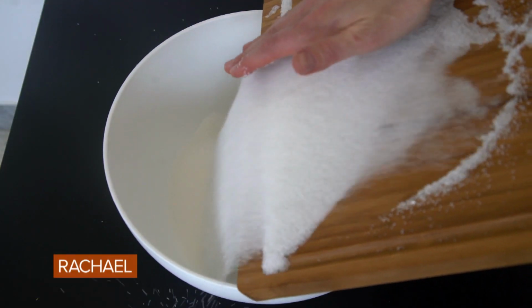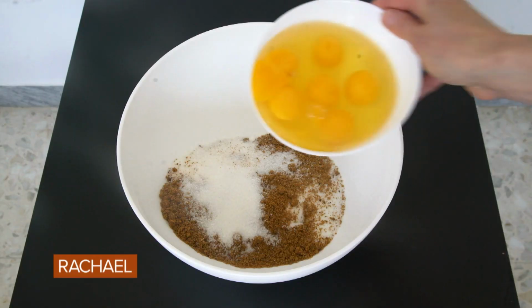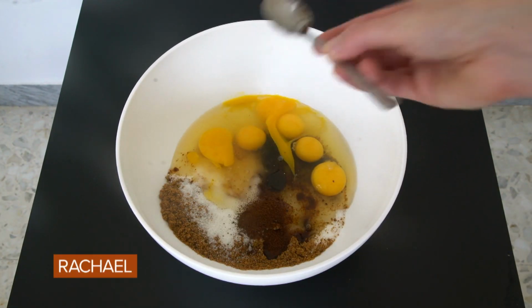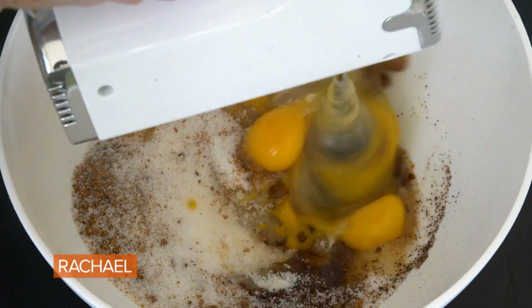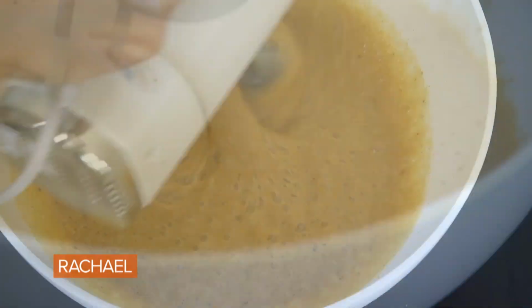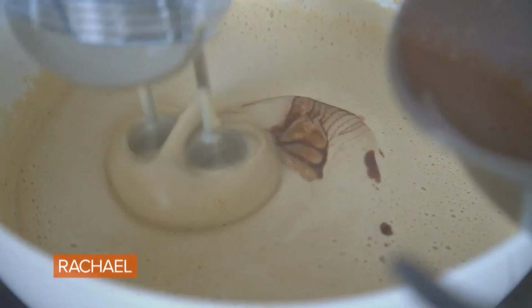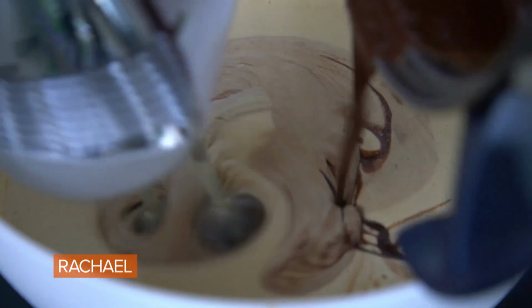Now, in either the bowl of a stand mixer, if you have that, or just a large bowl, combine the granulated sugar, salt, brown sugar, eggs, and vanilla, and instant espresso or instant coffee if you're using it. Mix this on medium-high speed. Once the egg and sugar mixture is looking good and nice and thick, you will add the melted butter and